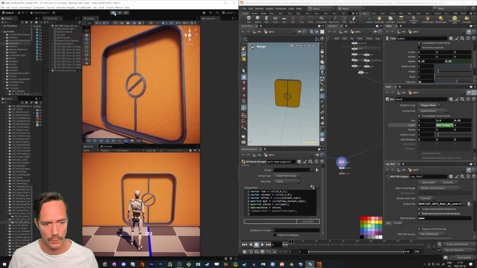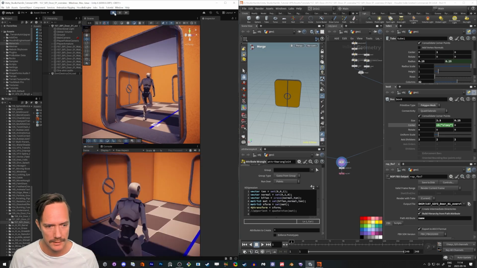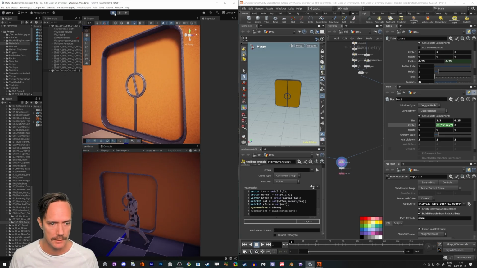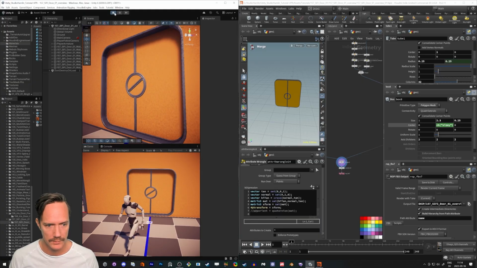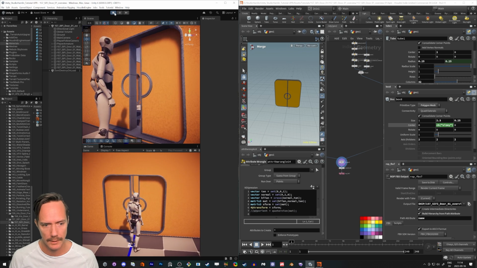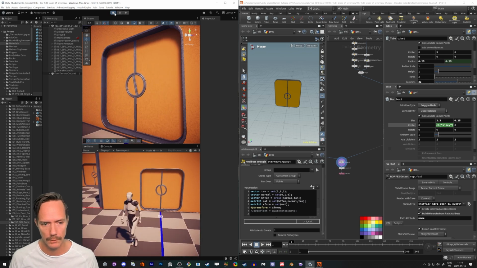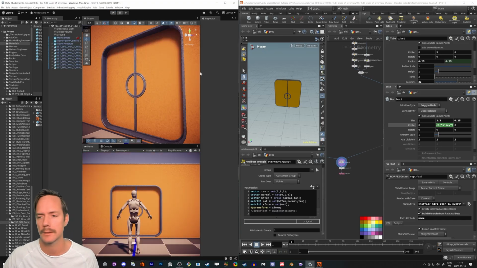So you see this door, kind of a sci-fi door, and you walk up to it and it opens up like this. And it's a nice script, so you can just go into it and then leave it, and it doesn't need to do the whole opening. So we're going to do this, and what's really cool is that because it's procedural, let's say